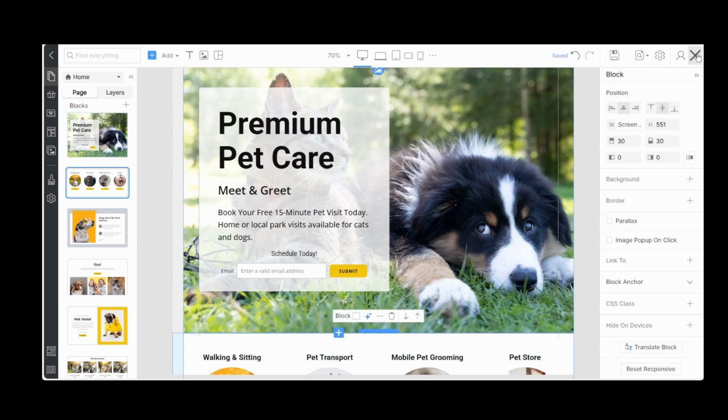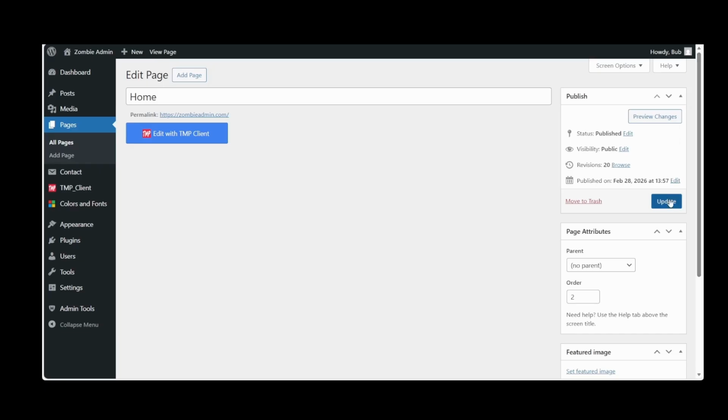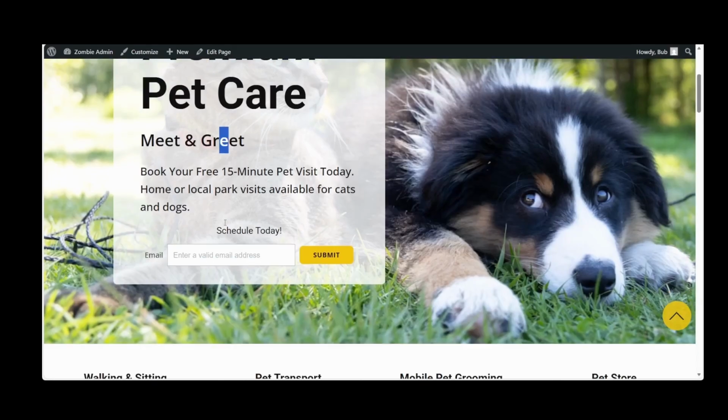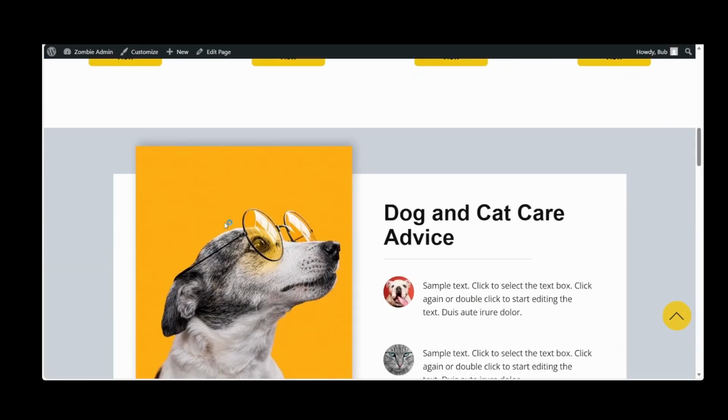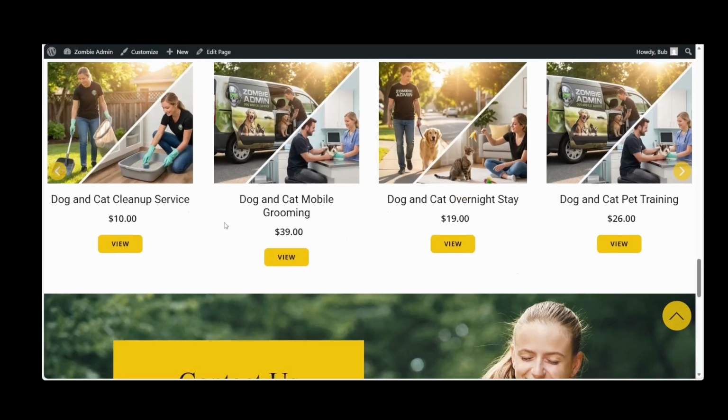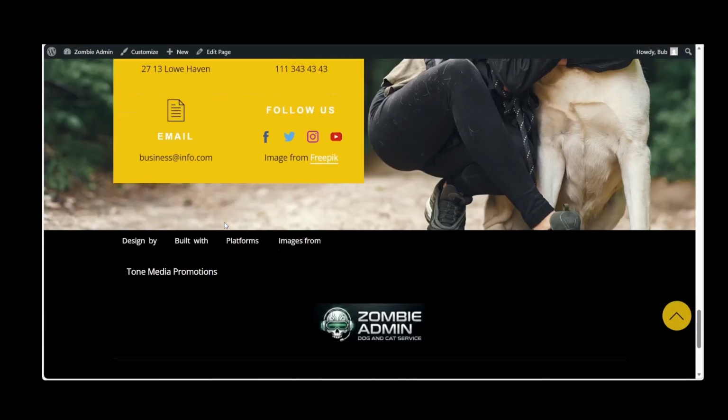Let's X out, update the page. Let's go to the front page and visit the home page. And we'll check out the blog and the site is taking shape. Let's scroll down and take a look. Everything's looking really good. A couple changes we can make, but no problem.